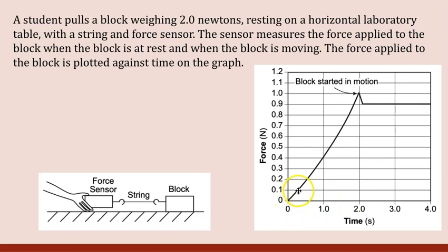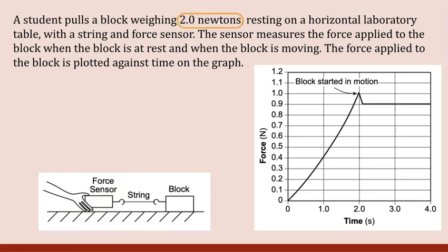So 0.1 newtons is not strong enough to set the block in motion, and 0.2 newtons is not strong enough. They keep going with more and more force until they get to 1.0 newtons, and then finally that's when the block starts to move. A force sensor is similar to a spring scale, it just measures how much force is